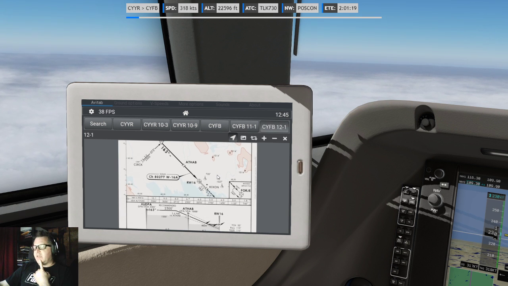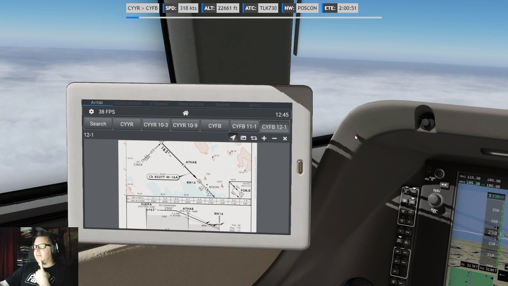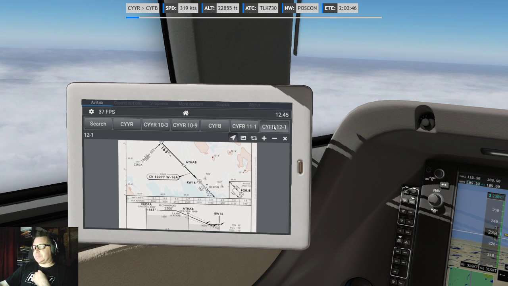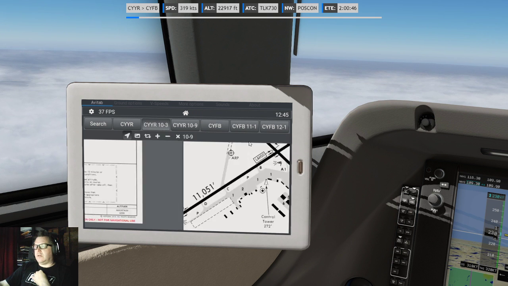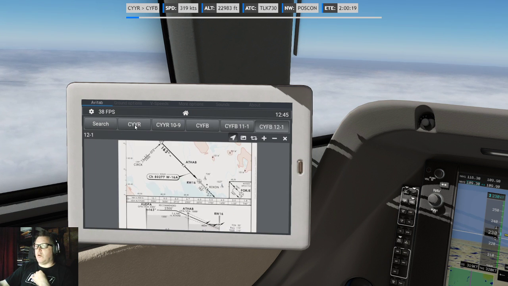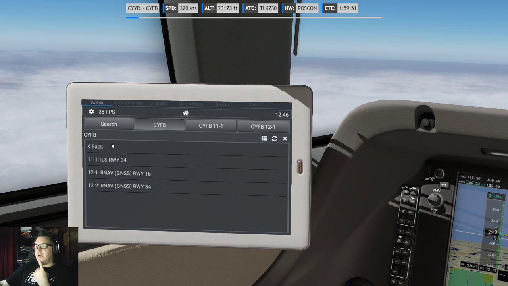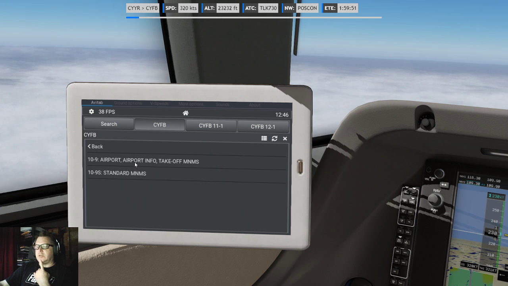But if the winds stay like that, I'm gonna land 1-6 for sure. All right, Goose Bay. Don't need no more. Bye bye, Goose Bay. See you, Goose Bay. Thank you. I go here, and I will need the airport for sure.